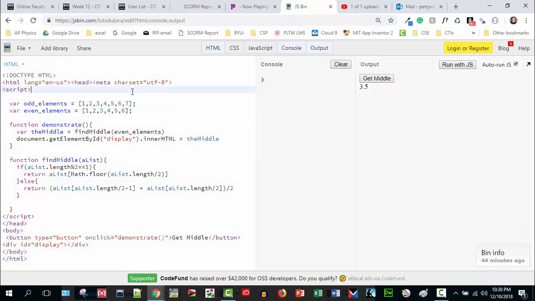Take a look at that and see if you understand how we first check to see if it's an odd or an even number of elements in the array, and if it's odd, we use the floor function to help us out, and if it's even, we simply have to divide by 2 and then find the previous one by subtracting 1 from it. Take a look at that and see if that